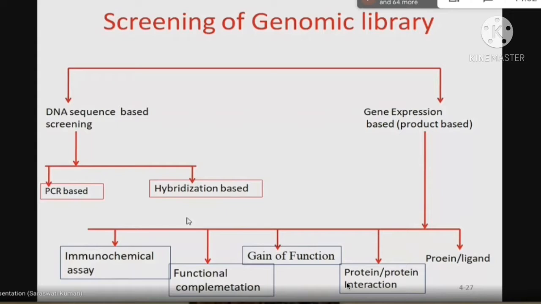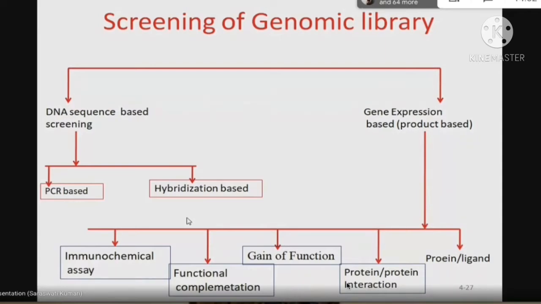Nowadays, how do we come to know the function of a gene? Suppose we have a genome sequence. So this is simple: we search homology. We perform in silico homology. If that sequence is matching with a known sequence of another organism, then we predict that yes, this might be the function of this unknown gene also.